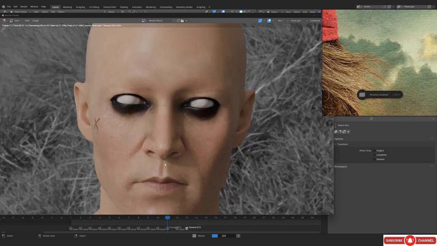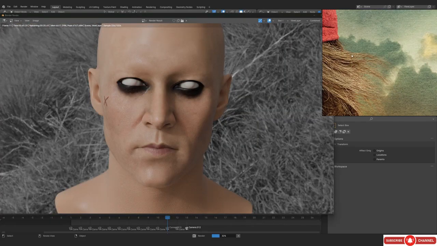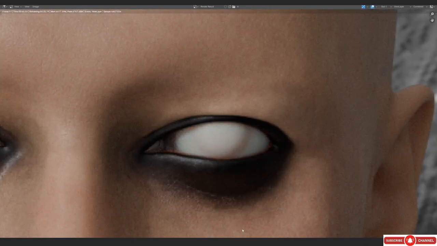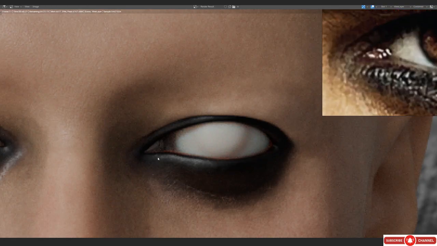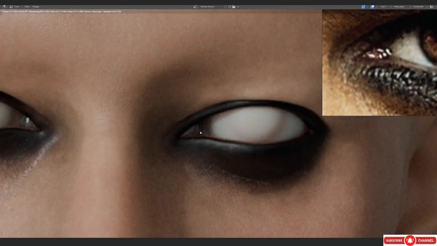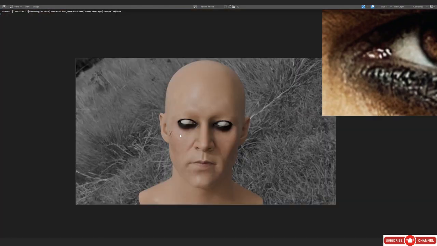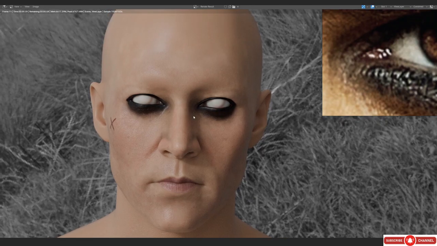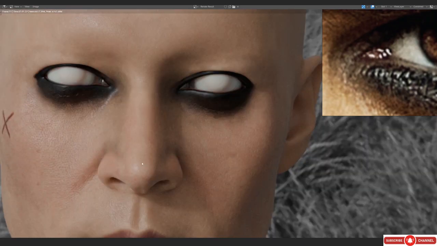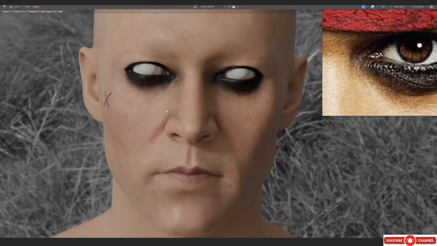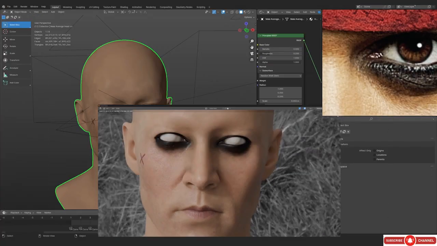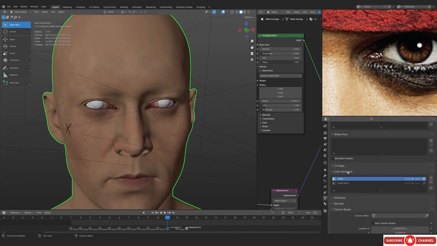So I am just saying that it's a spec map, but it is literally a roughness map, and that means wherever we'll add the white, we are gonna get more roughness, and wherever we'll add black, we are gonna get more shininess. In this case, we are just going to be making it black so that we can actually get the 100% shininess around the eyeball area. So you basically get the idea now, right? Even though I am just saying it's spec map, and that's what I've named it as well, it is actually a roughness map. So yeah, just keep that in mind. And you can see right now the roughness is a little bit more than what we want, so we kind of need to decrease that.